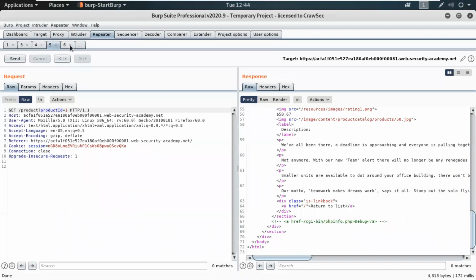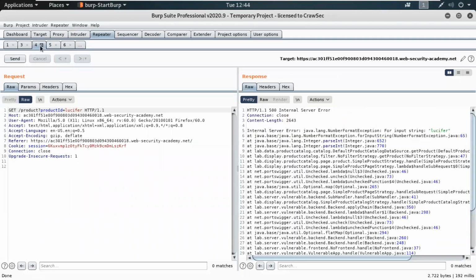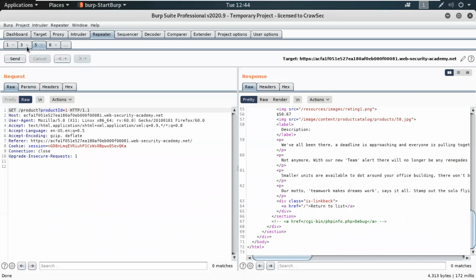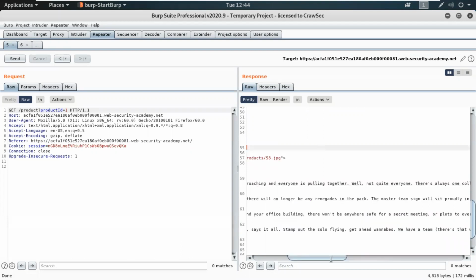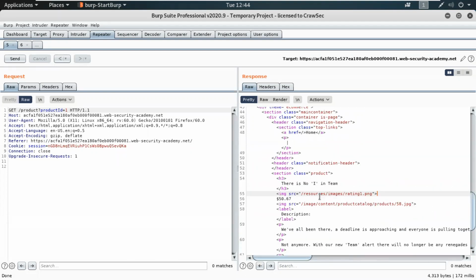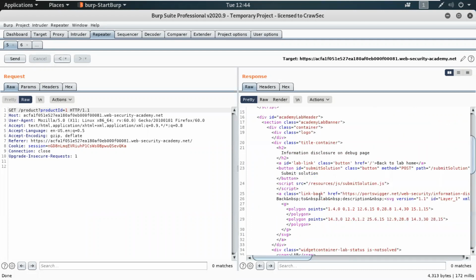Okay, so the product ID is over here. Trying to use it. Okay, did you find any secret key? No. Should it give us some sensitive information?